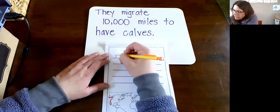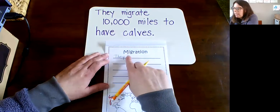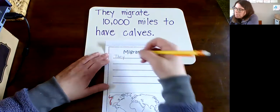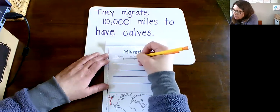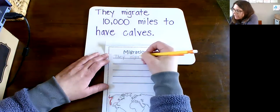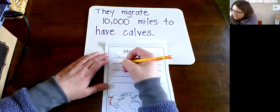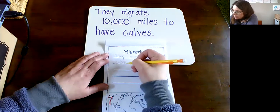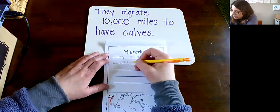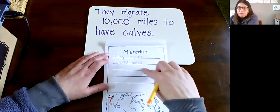They is T-H-E-Y. They. And then I'll leave a meatball space. And I'm going to write migrate. M-I-G-R. Migrate. Magic E. They migrate. And here's the number 10,000. It's a 10. And then this little sideways smile, which is right by the line, and that's called a comma. 3 more zeros. That means 1,000. 10,000 miles. M-I-L-E-S. They migrate 10,000 miles